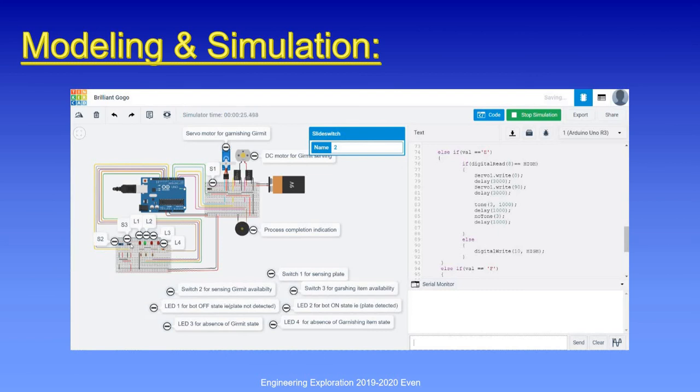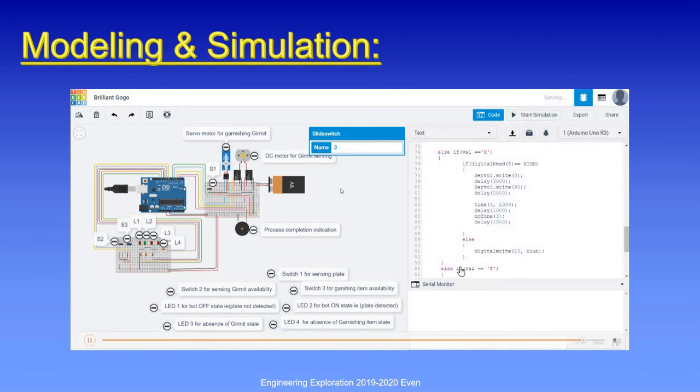When we turn on the switch 3, the servo motor moves at an angle 90 degree and comes back indicating the garnishing has been done. The buzzer beeps for 1 second indicating the process completion. This process can be looped for any number of times you want.